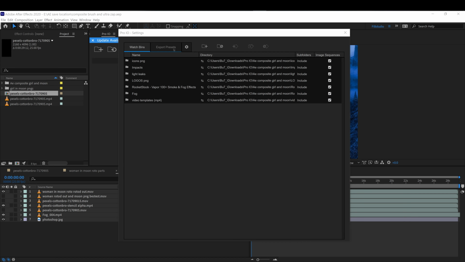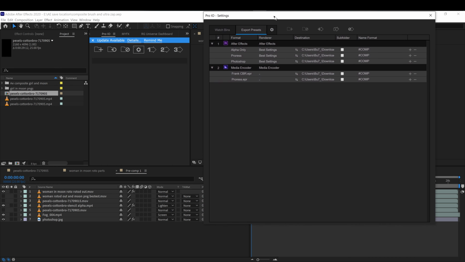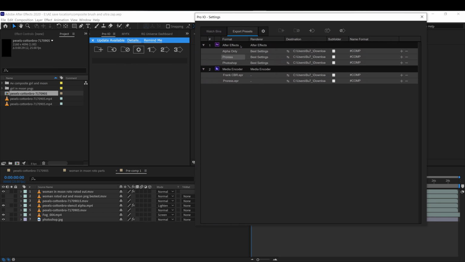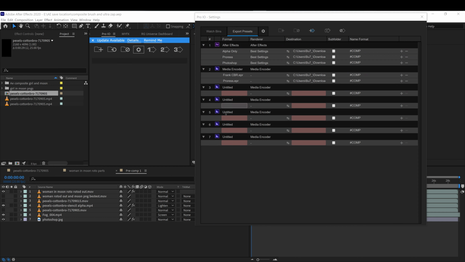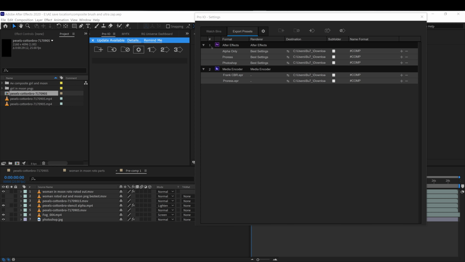Just went over to export presets. You have 3 shortcuts, but you can create up to as many as you want. You're just gonna have to come over here and click on it, and the way you delete them is just right click and remove. So I'm using preset 1 and 2. 1 is for After Effects, 2 is for Media Encoder. See, each preset saves to a different folder you can assign,